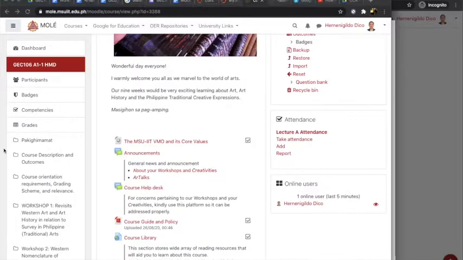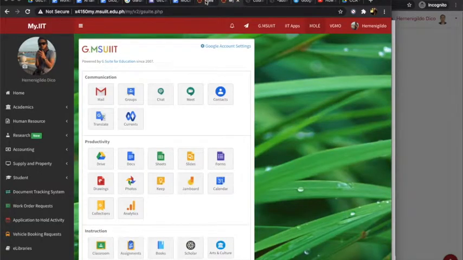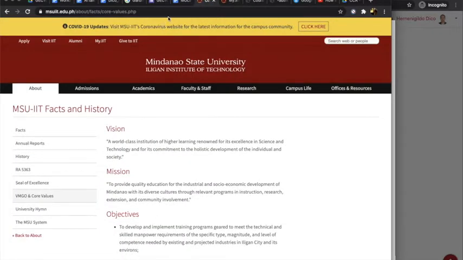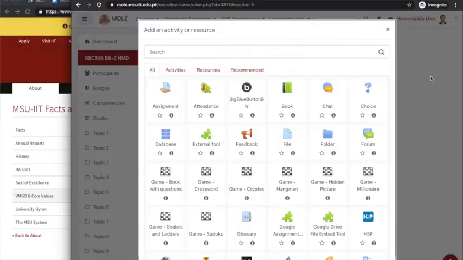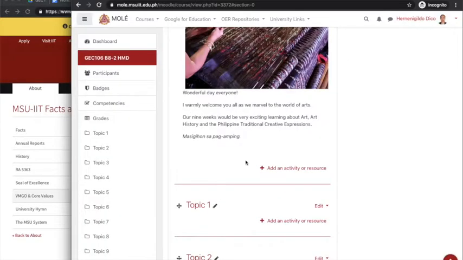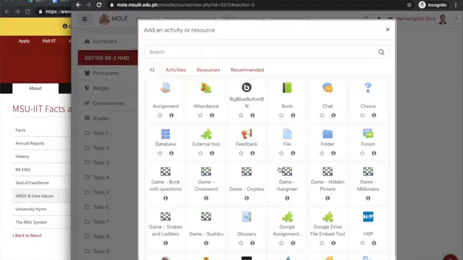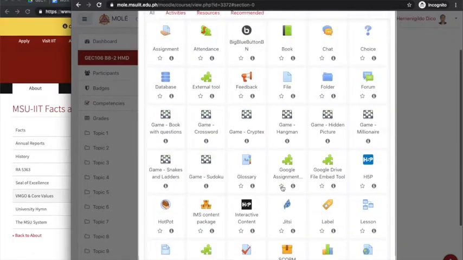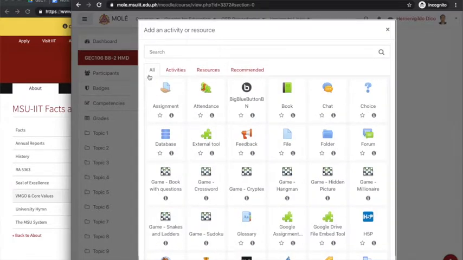And if you've noticed, the MSUIT VMO comes from our website. So all you need to do is to click this link right here and then copy. So you add an activity or resource, you click that one, and then among the choices here,